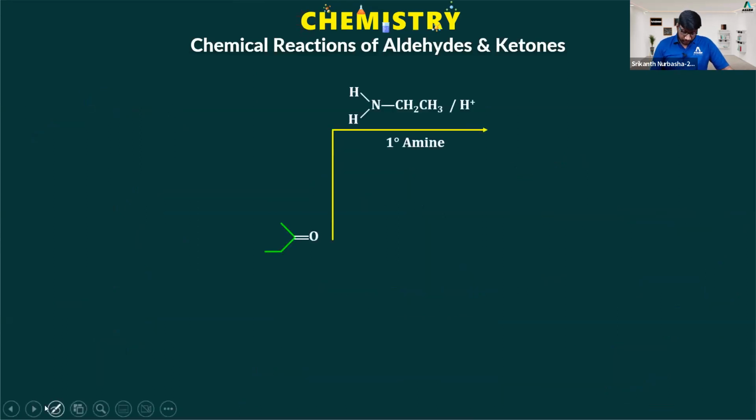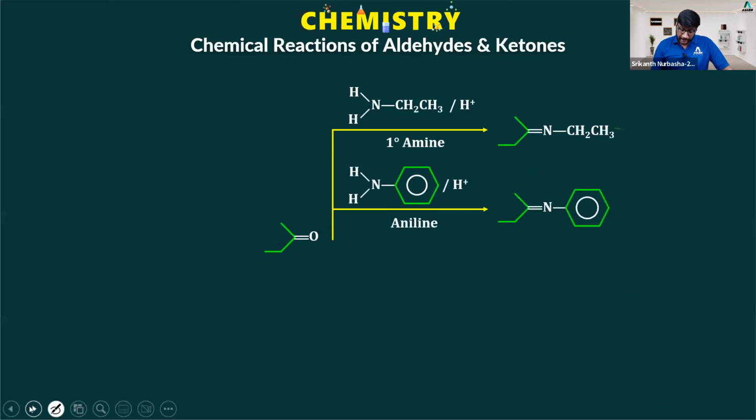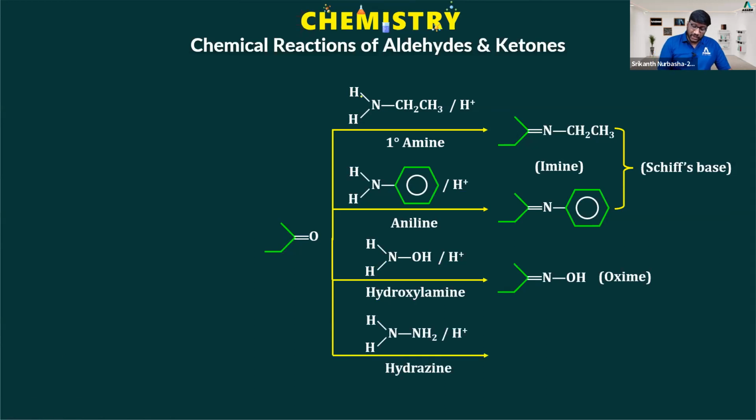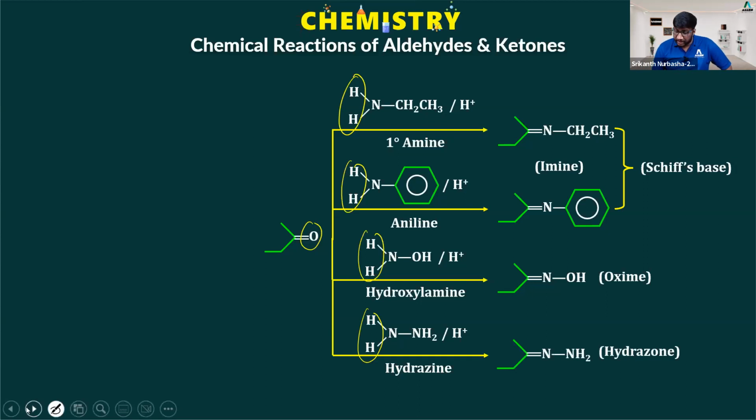Look at this reaction. In all the cases, what is going to happen? From the nitrogen, 2 hydrogens are lost, and from the C double bond O, the oxygen is lost. This oxygen and these 2 hydrogens. If you take hydrazine, you will generate hydrazone. If you take hydroxylamine, NH2OH, in weakly acidic medium, the oxygen from the C double bond O and 2 hydrogens from the NH2 are going to be lost,